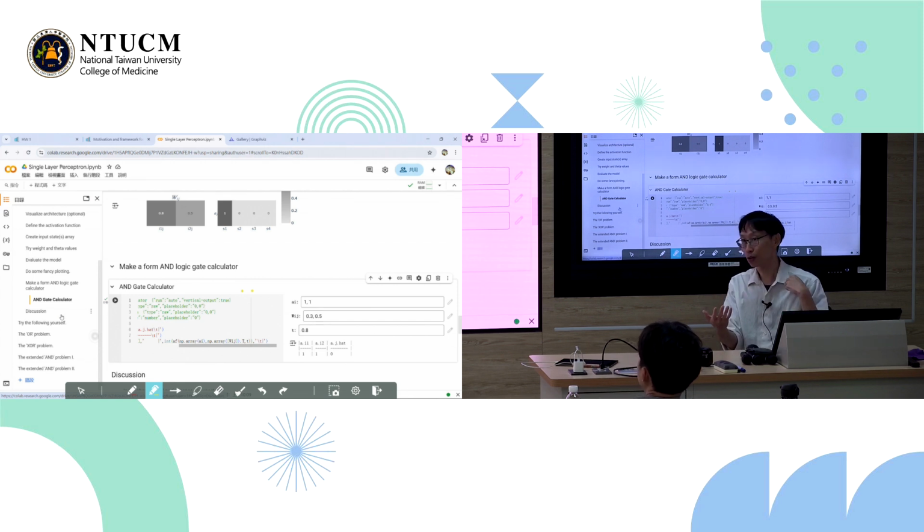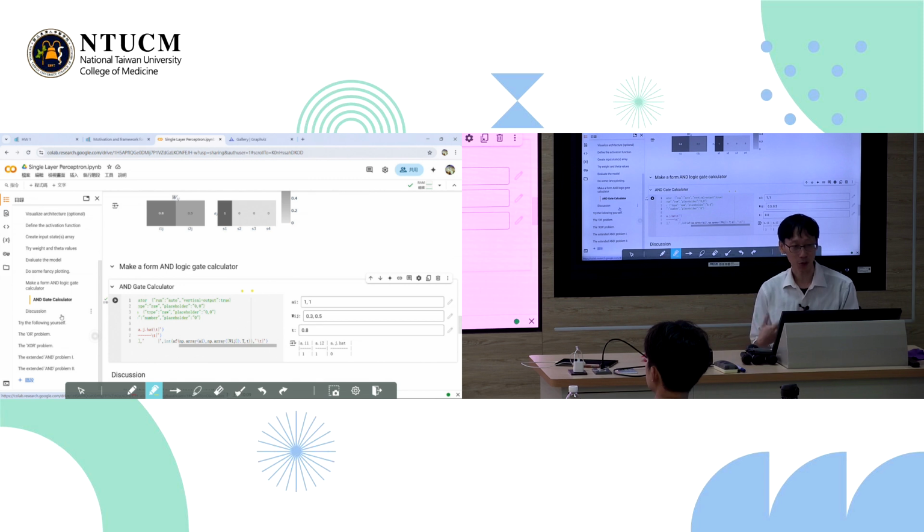So input nodes can themselves be single layer perceptrons feeding into subsequent single layer perceptrons, and so on. In which case it becomes not a single layer perceptron, but a multi-layer perceptron. Okay, and we'll come to that. But the point to appreciate here is that we have solved the AND gate problem using a neural network with this formal process.